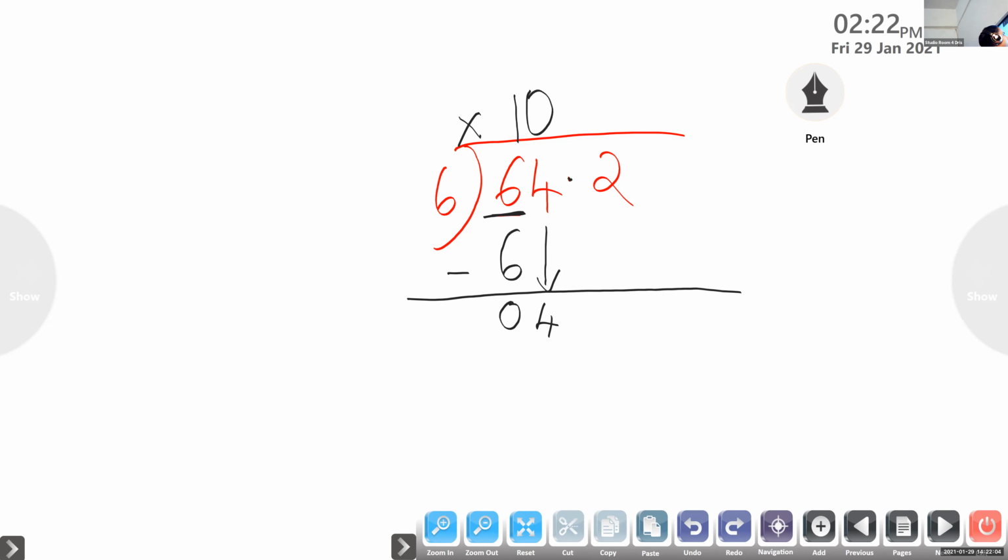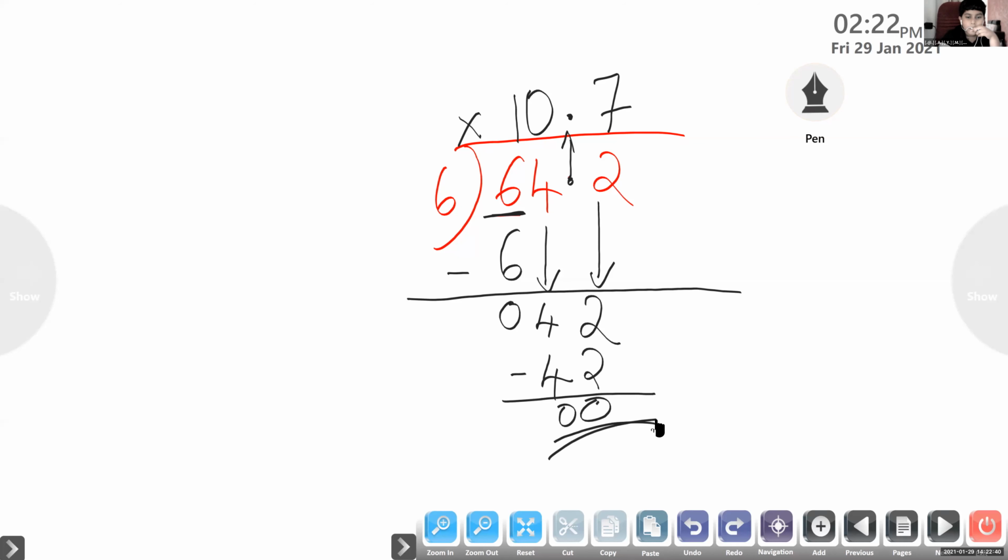Now look here. Here is the decimal point. I am going to line up this decimal point over here. Then what we have to do? Bring down the 2. Yes, Daniel, tell me now. 42 divided by 6. 6 times which number you will get 42? 8. 8 into 6 is 48. Ma'am, 7, sorry. 7. Very good. 6 7s are 42. So our work is over. Ma'am, 10.7.